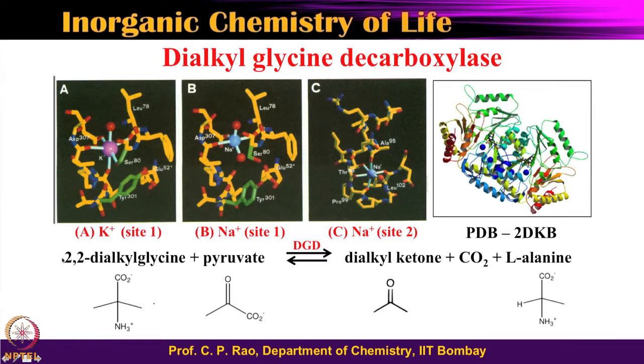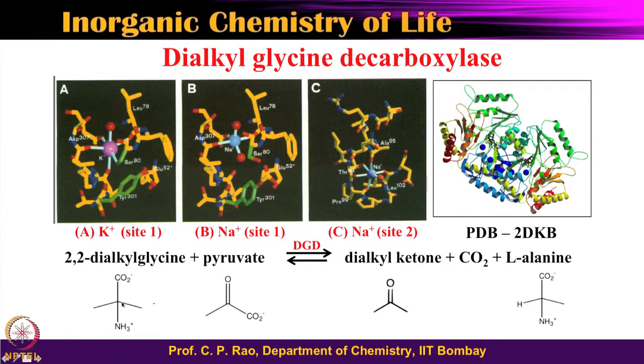What it does, you take a 2,2 dialkyl glycine, that means glycine is CH2, and on that instead of 2 hydrogens, 2 methyl groups, 1 methyl group, 1 methyl group. So, this is what is called 2,2 dialkyl glycine, and in presence of pyruvate, CH3COCOO minus, which is basically propionic acid, but one of the carbons is oxidized to ketone. Under this enzyme, dialkyl glycine decarboxylase, when it acts on these particular substrates, it will